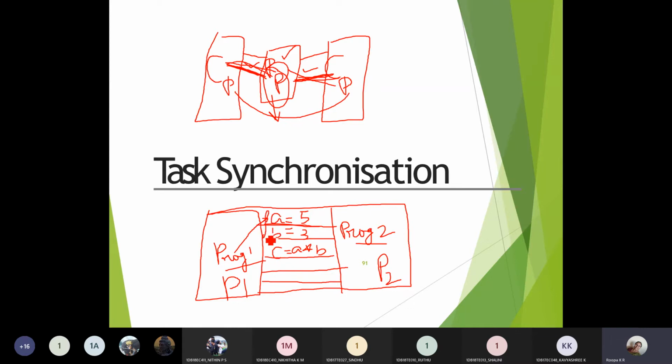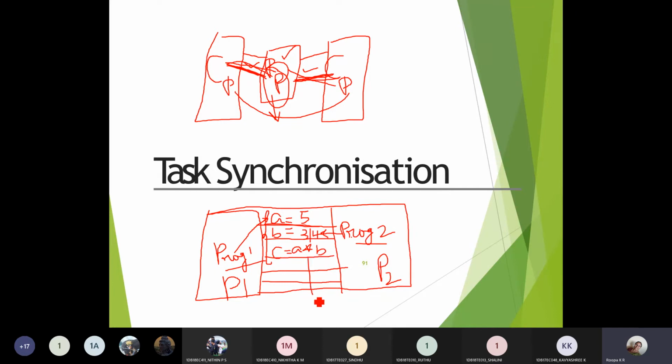While program 1 is using the shared memory, program 2 can also use the shared memory. Before program 1 computes the value of C, program 2 can change the value of B to 4. So before execution of C, the value of B has been changed. Now C will be equal to 5 into 4, but the actual operation it had to perform was 5 into 3 by program 1. Due to the changed variable, C will now perform the operation 5 into 4.